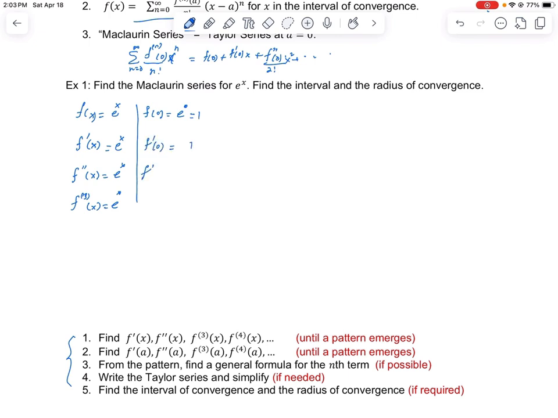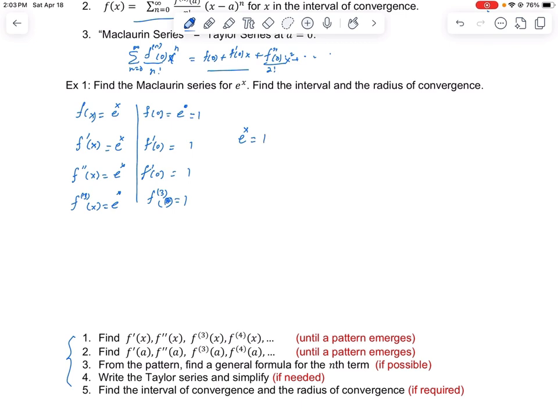You can see all of these are going to be 1. Now we plug it in here. So e to the x is equal to